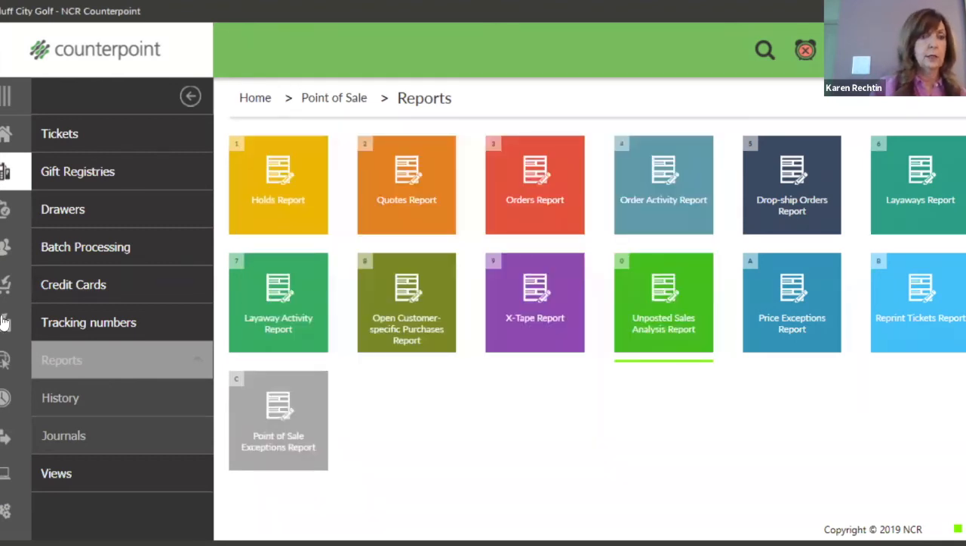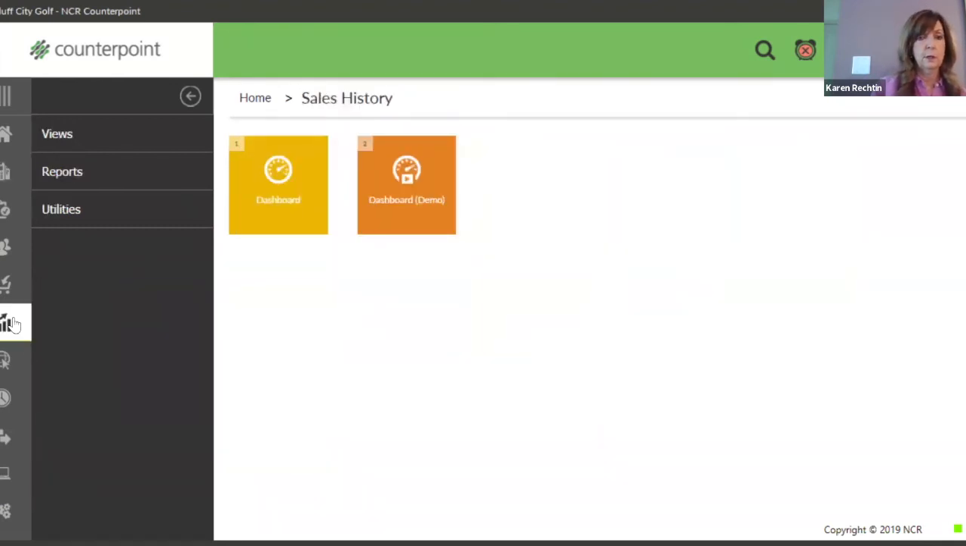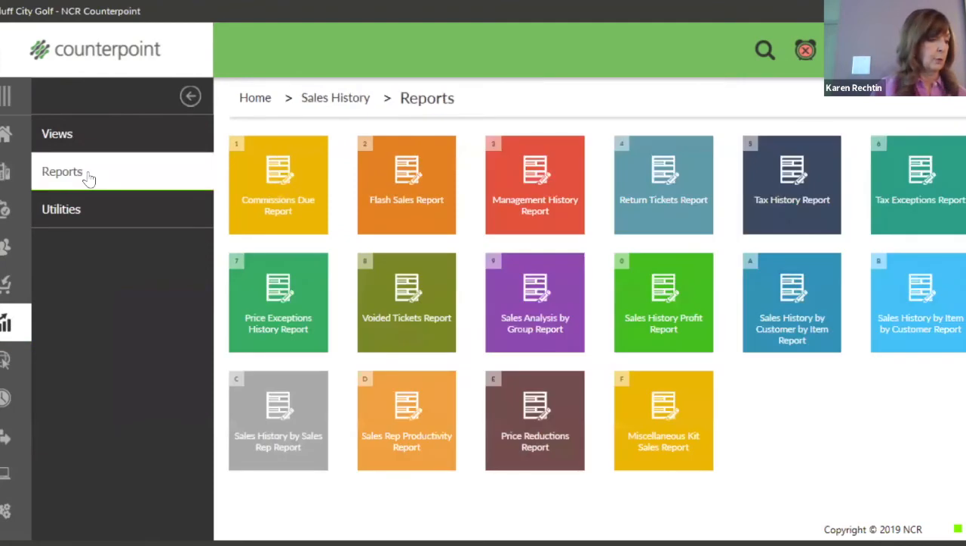So another great sales report is under sales history reports, and it is sales history by customer by item. So that's used a lot of times to pull up a particular customer, see all of the things that they have bought and look at all their history. Conversely, you've got sales history by item by customer. So if you have an item that you want to see who all has bought it, let's say, for example, we have a